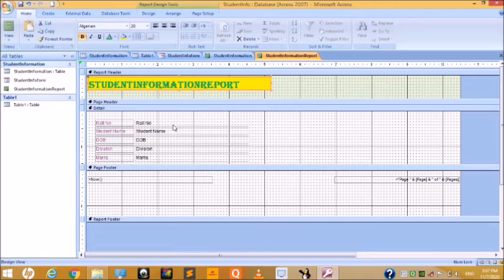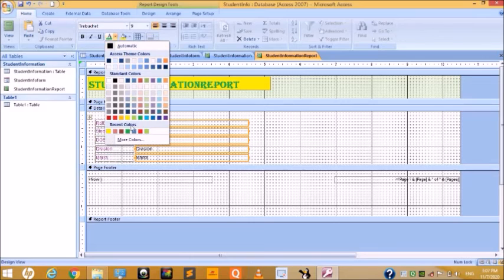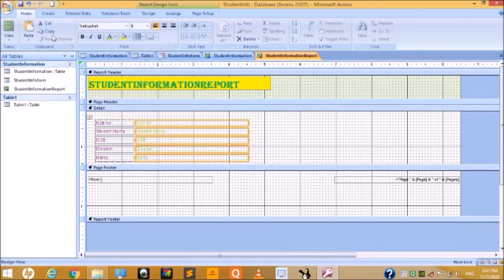Okay, next, here also select it, use the font color this way, bold, change the size.